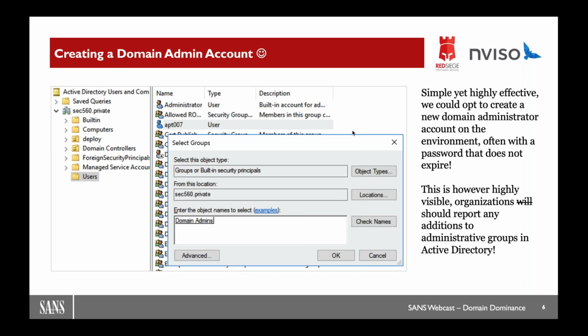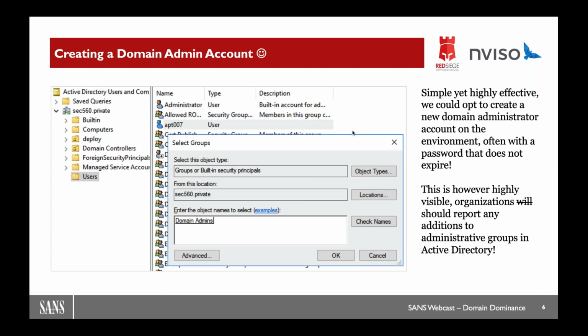Creating a domain admin account, obviously I won't spend too much time here, but I do think it's important to mention this. If someone gets domain admin access or domain admin level access, they can of course create their own user accounts. You might think that's just crazy, it never happens. It does happen. And during pen tests, I've encountered many different stories, some of them more interesting than others. To give you an idea, I've done this in a number of pen tests to make a point, to just show them, look, let's try to do something very intrusive and see to what extent I'm being detected.